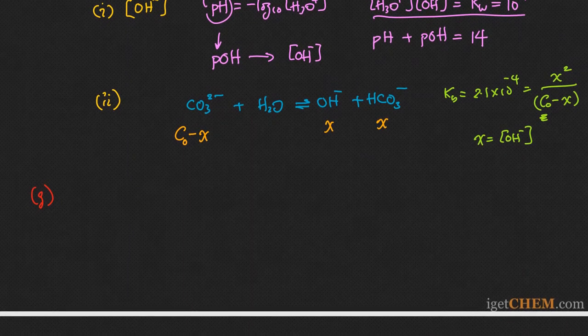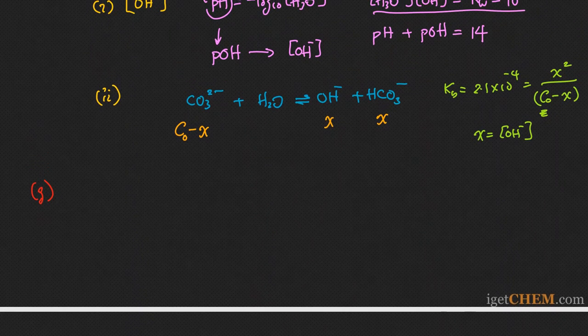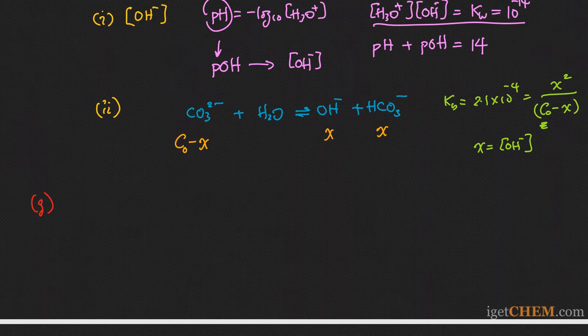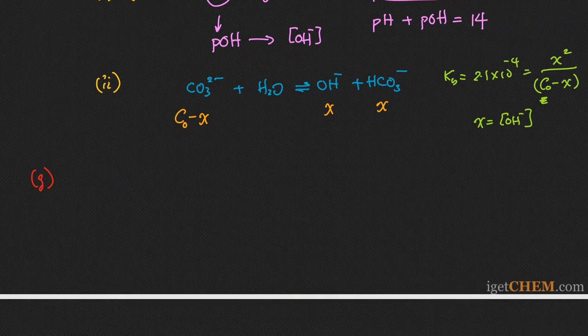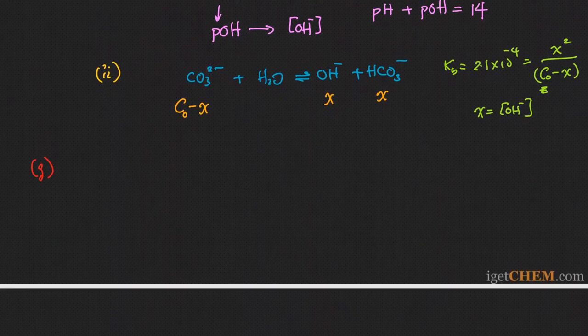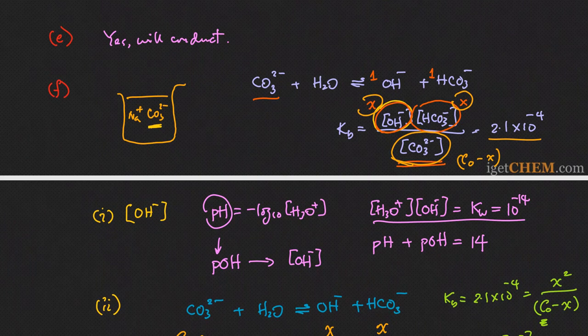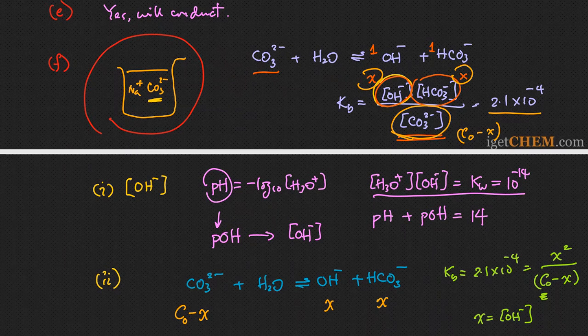So now part G asks you, in the original solution at equilibrium, is the concentration of HCO3 minus greater than, less than, or equal to the concentration of CO3 minus? So that's really talking about this solution, because we haven't added anything to precipitate out the CO3 minus. So that's the solution that they're referring to. So the question is, in this solution, after the acid-base equilibrium has gone to equilibrium, what is the concentration of CO3 minus versus the